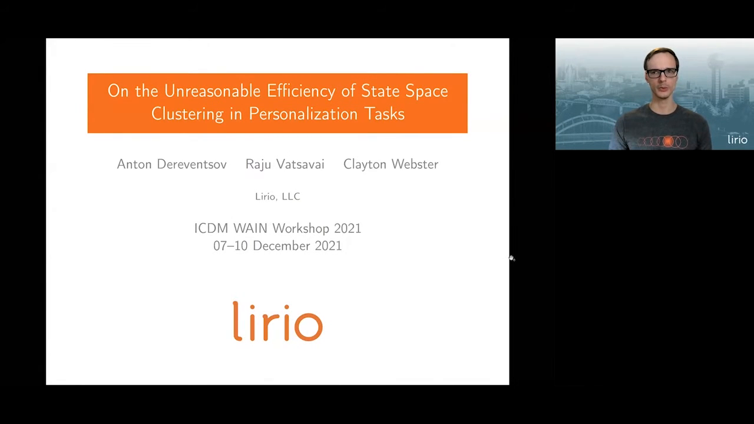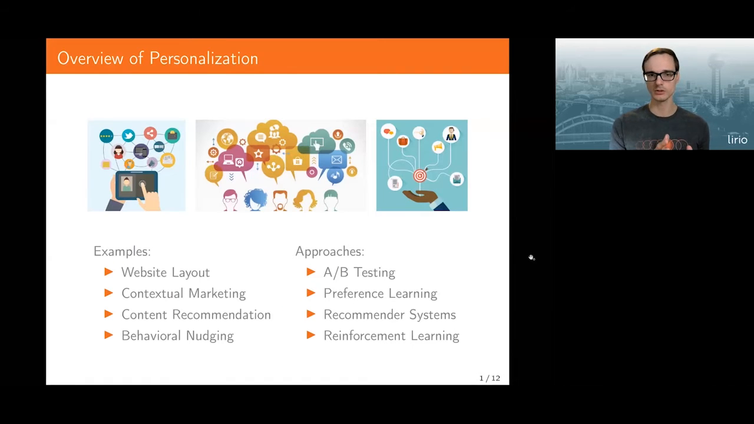Welcome to our talk, where we will be discussing the application of reinforcement learning to personalization and propose a way of simulating a wide range of synthetic personalization tasks, and also share some counterintuitive insights that we observe in our numerical experiments. So the most typical examples of personalization tasks include customization of website layout, contextual marketing, content recommendation, and